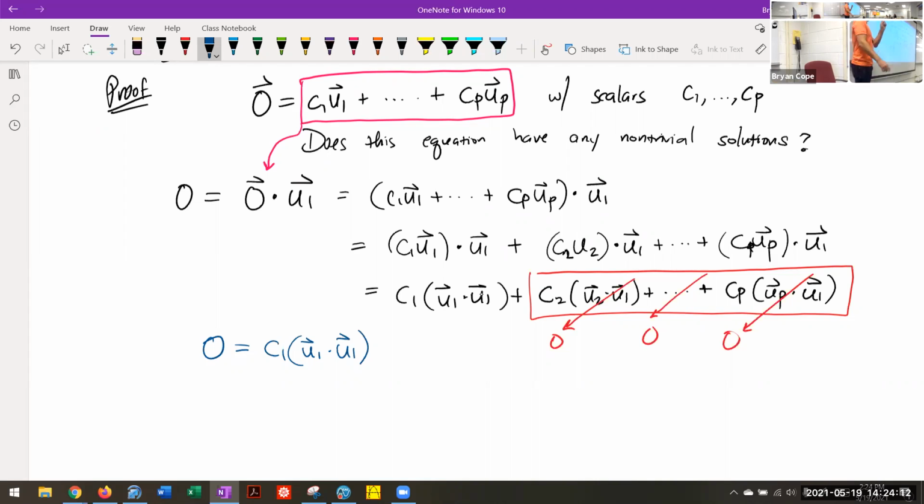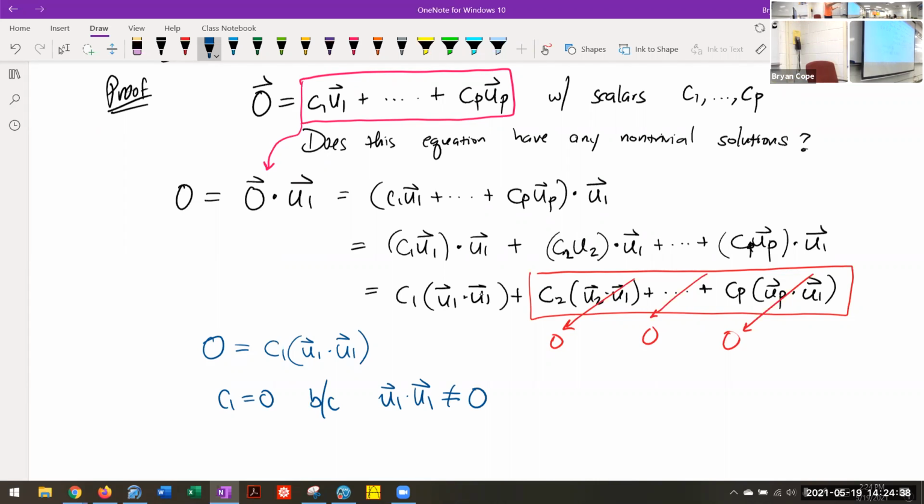This is really funny that there is literally a connection between algebra studies and advanced topics today, because in algebra studies today, I was teaching the zero product property, right? If 0 equals something times something, then one of the things has to be 0, right? So this is not 0, which means C1 must be 0. So let's write that. C1 must be 0 because we know that U1 dot U1 does not equal 0